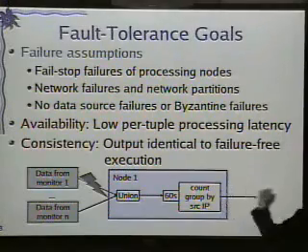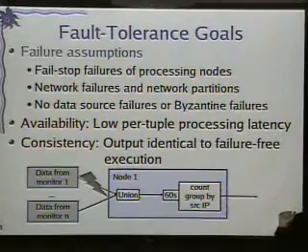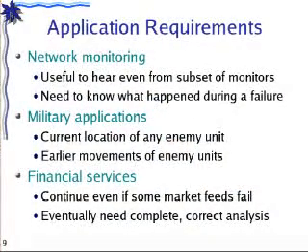Right. So if the node is unable to get one of its input streams, either the node has to block. And in this case, we guarantee consistency, but we are going to sacrifice availability because we are not producing any results. Or we can say, well, let's allow the node to continue. But in this case, we do provide availability because we are going to produce results. But the results that you're producing are no longer identical to those that would have been produced without the failure. So what should we do?